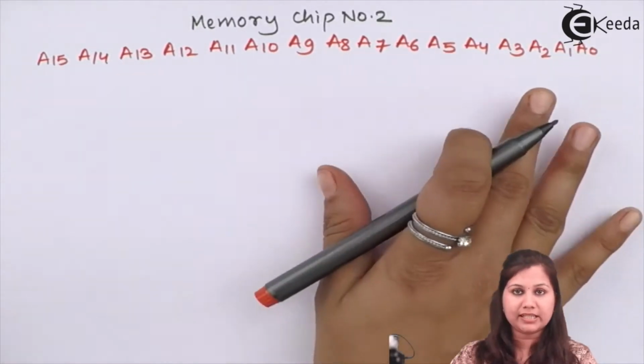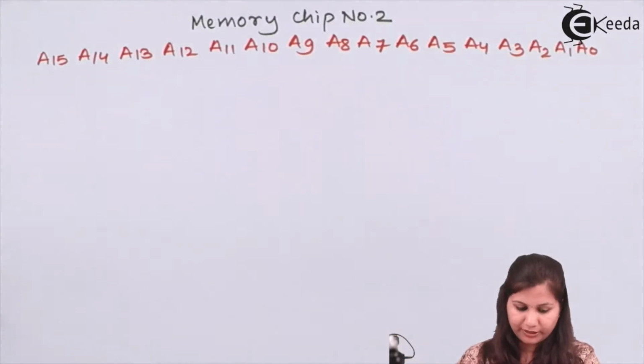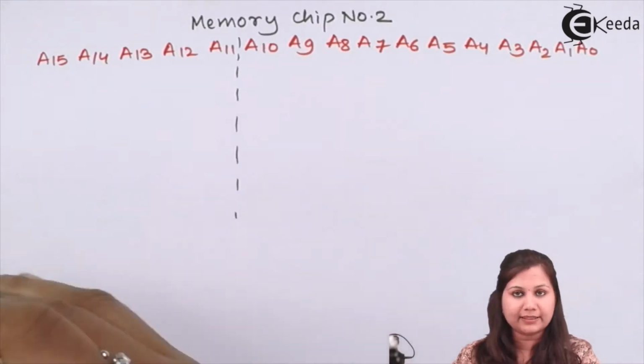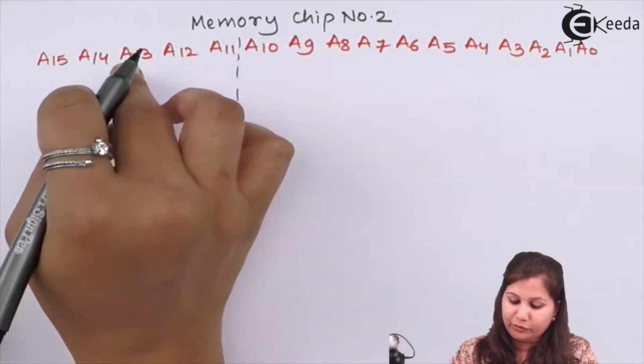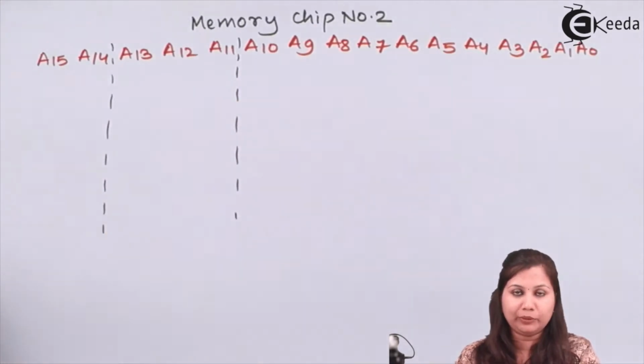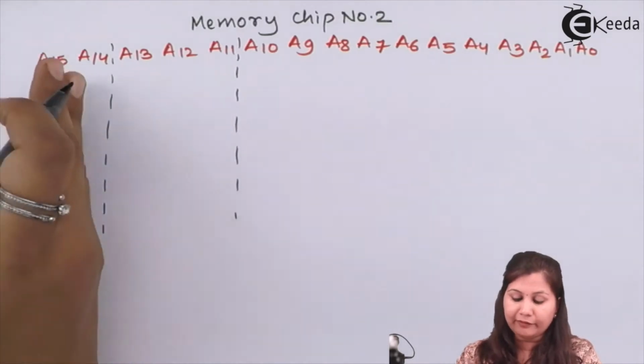And out of these 16 address lines, we are going to use the 11 address lines from A0 to A10 for addressing the memory chip. A11, A12, A13 will be used as input lines for the 74LS138 decoder, and A14, A15